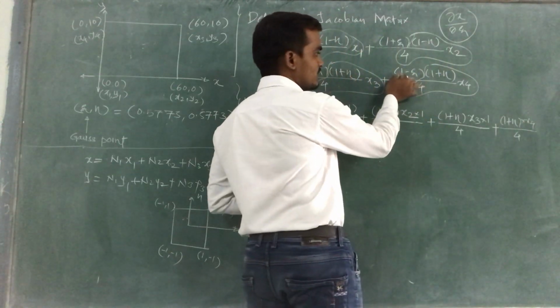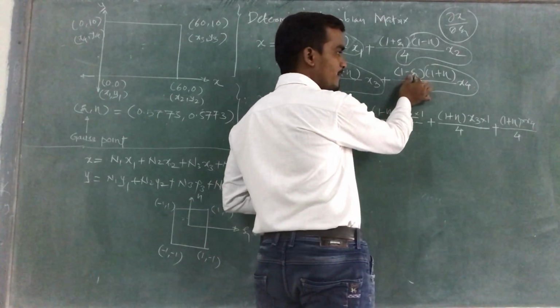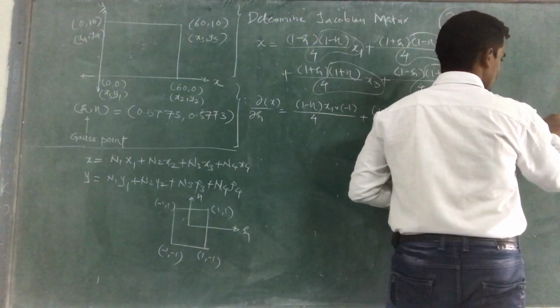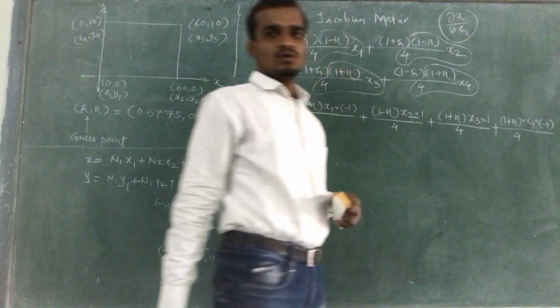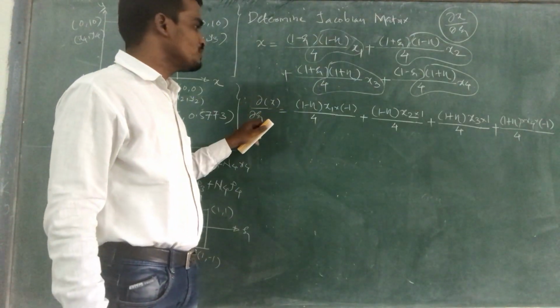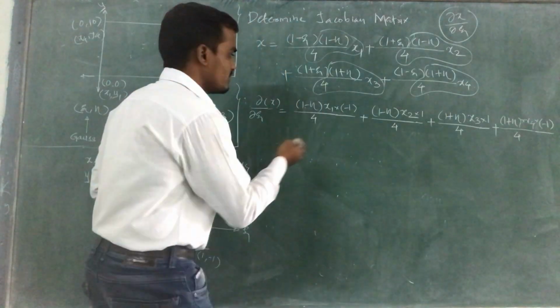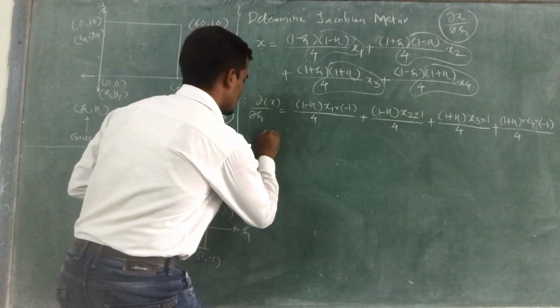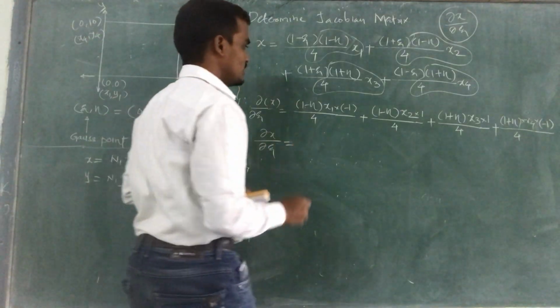Now with respect to zeta, for 1, 0. For minus zeta, with respect to zeta, minus 1 into minus 1. So in this way you will get the derivative of x with respect to zeta. Now here we will simplify these terms. So ∂x/∂ζ will become equal to